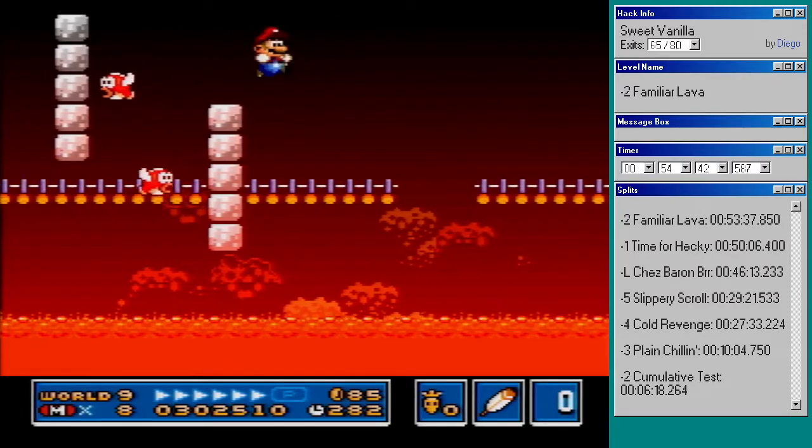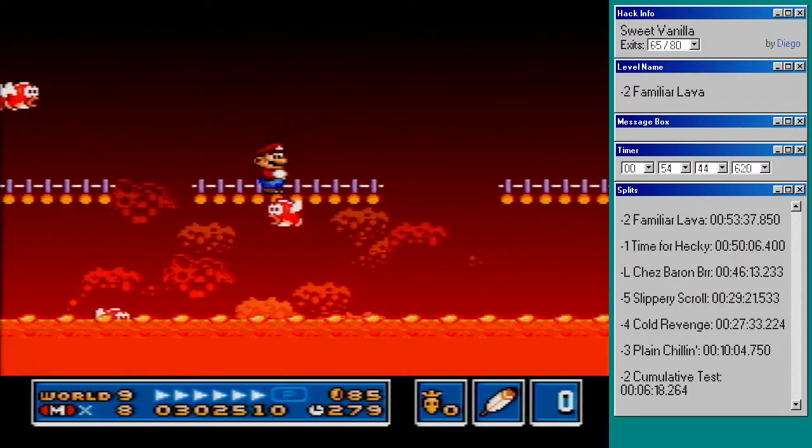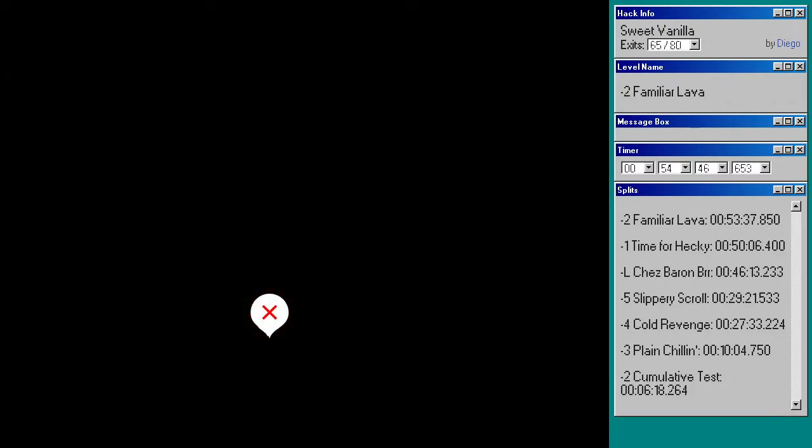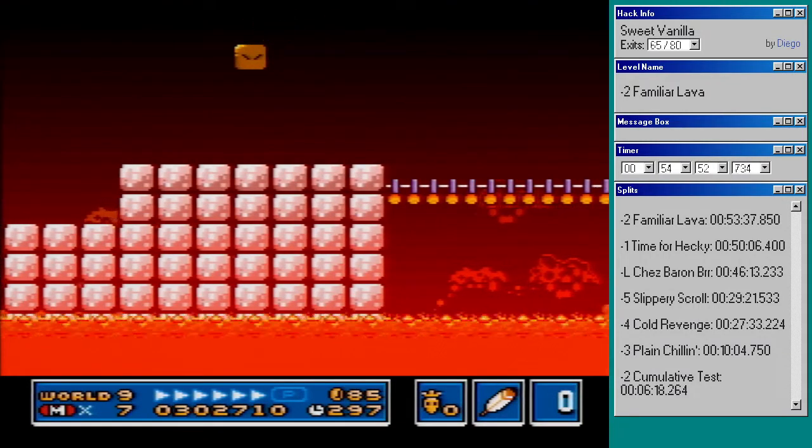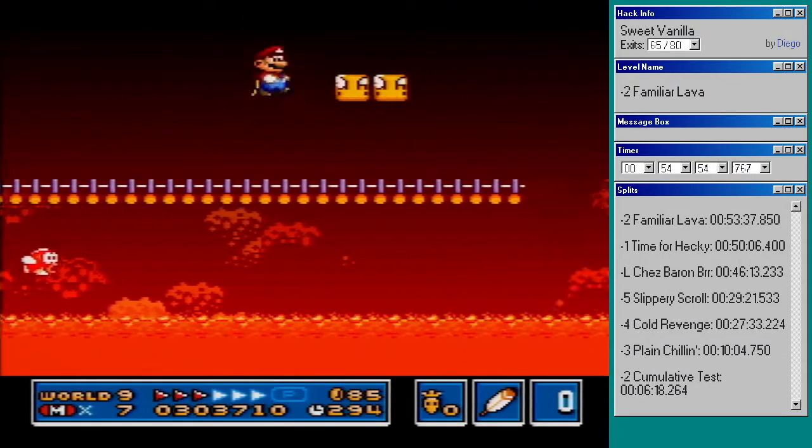Like, I like Mario 3 and all, but I'll be the first to admit this level is... No! Fish made me jump. It's weird because normally that's not a problem, but for some reason these fish are like...